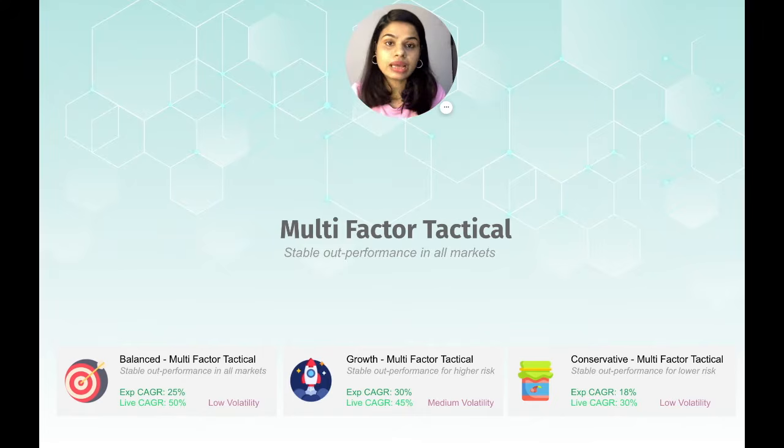But yeah, these portfolios can become the core part of your portfolio. Your main investment in the markets, and these are also multi-asset portfolios. So we will not just invest into stocks, but we'll also allocate to bonds and gold when we see that there is risk in the market, right? So this can become the core of your portfolio, and it is available for three different types of investors. So you could be a balanced investor or a medium risk investor, and you can go for our balanced portfolio. You can be a high risk investor, and you can go for our growth portfolio, or you can be a conservative investor and go for our low risk conservative portfolio.